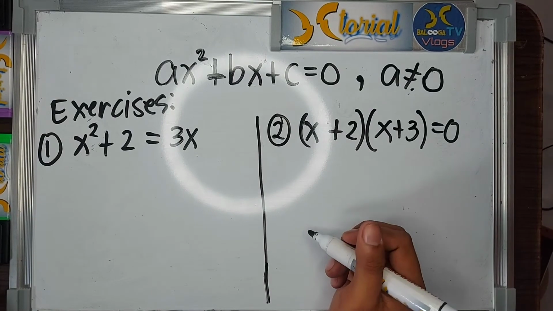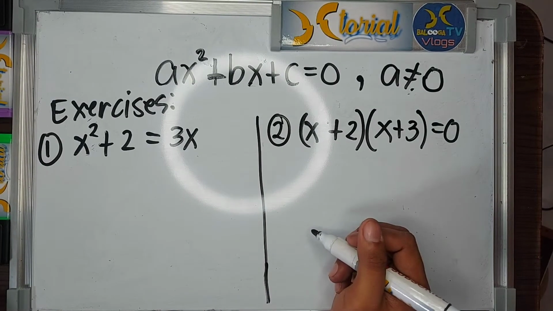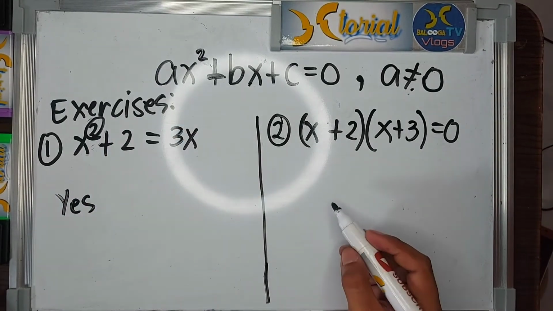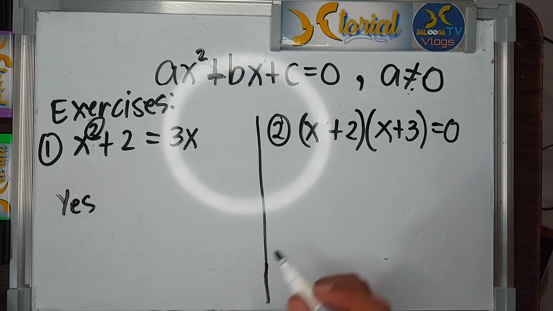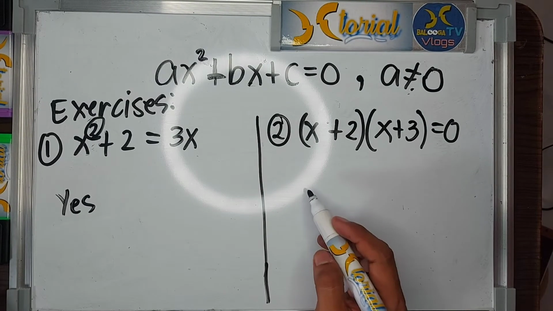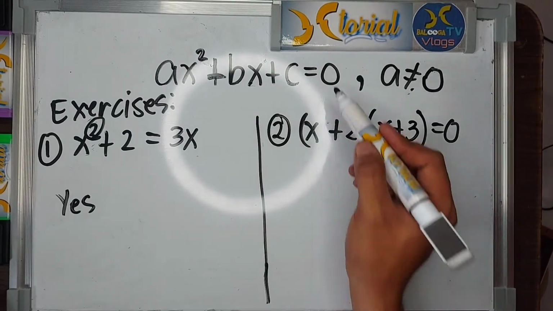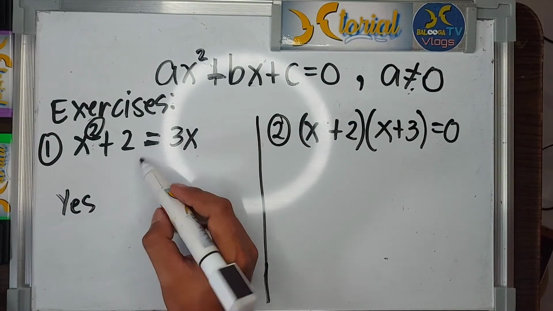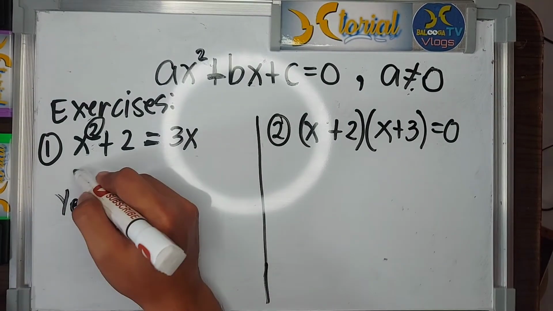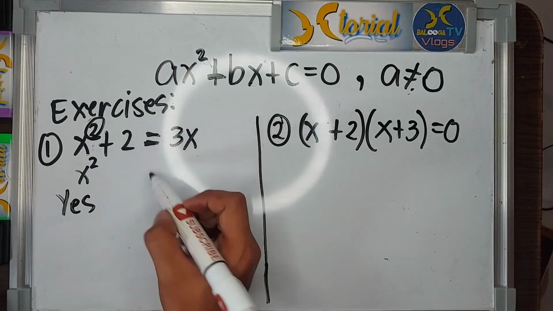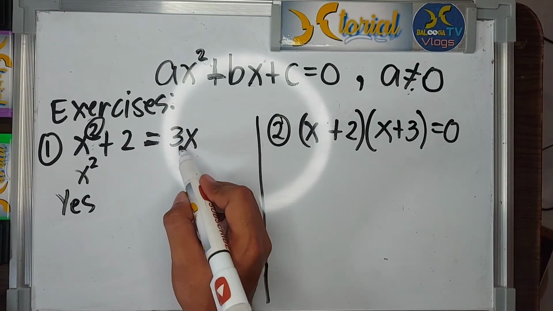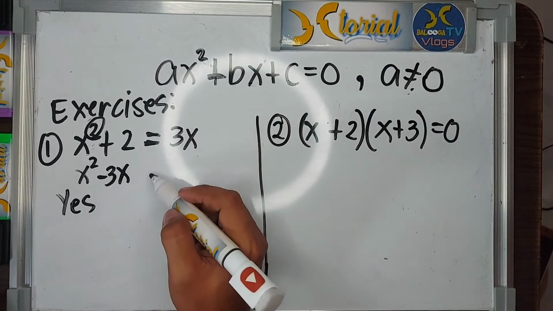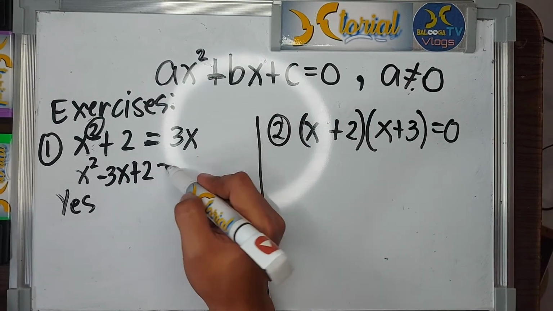Okay, so yung sagot natin sa number 1, is it a quadratic equation or hindi? Ang sagot ay yes, because the highest exponent is 2. Okay, pero ang tanong, naka-standard form na ba siya? Okay, hindi pa. So, dapat nasa standard form siya na dapat yung nasa right side ng equal sign ay 0. So, kailangan ilipat natin sa kabila. So, we have x squared. Paglipat natin sa kabila, magiging negative. Since positive siya pag naglilipat tayo sa kabila ng equal sign, ayan, negative 3x plus 2 equals, wala nang natira